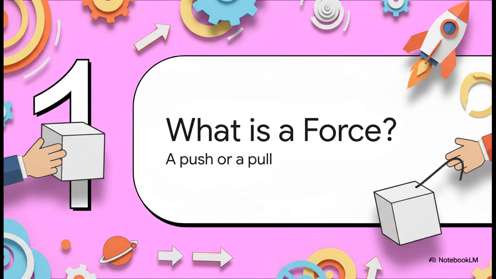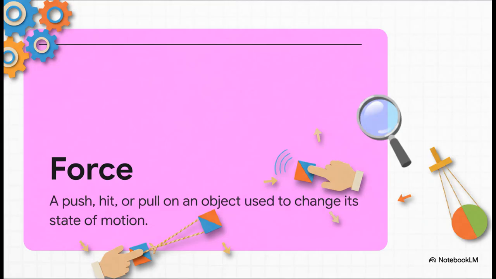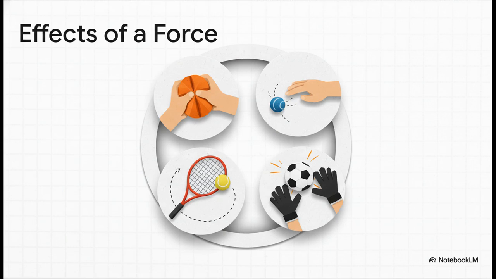Okay, first things first. Before we can even talk about the laws, we have to define the main character in this whole story, force. Now, you can't see a force. You can't hold it in your hand. What we see and what we feel are its effects. Just think of it as the invisible cause behind any change in motion, the very thing those early scientists were looking for. So a force is basically any interaction that, if it's not canceled out by something else, is going to change an object's motion. It can get things moving, it can stop them, it can speed them up, slow them down, change their direction, or even squish them, like squeezing a rubber ball.